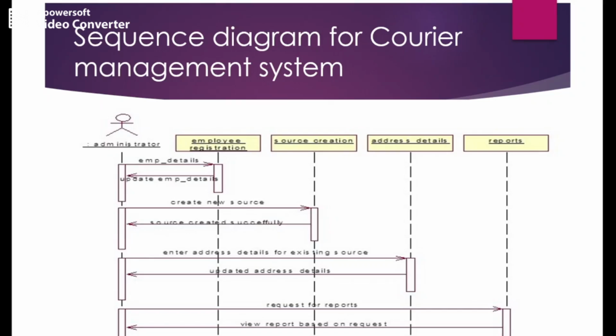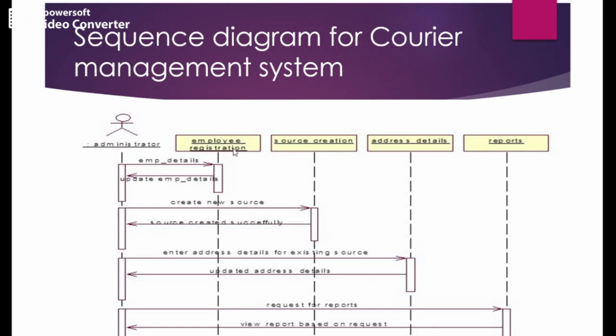Okay, so let us see the sequence diagram for courier management system. Here you can see the actor, correct? This is an actor. Administrator is an actor. These all are object classes.